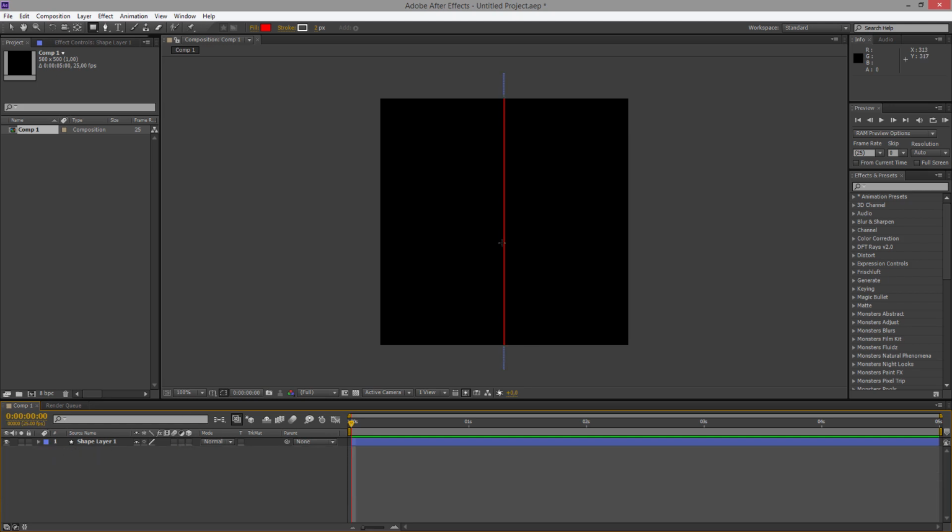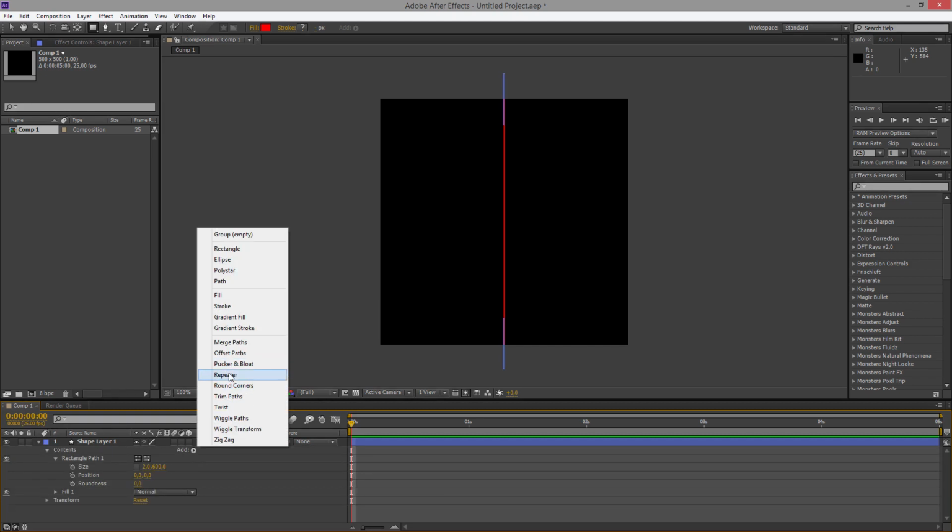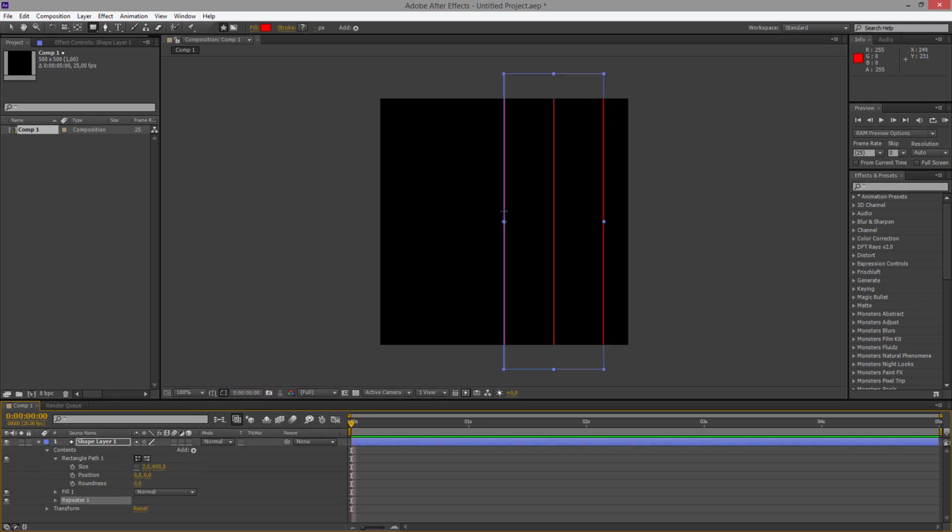Now we just want to make a radial copy, a radial clone of it. So to do that, go again on Add and choose a repeater. Repeater just repeats this shape a couple of times.